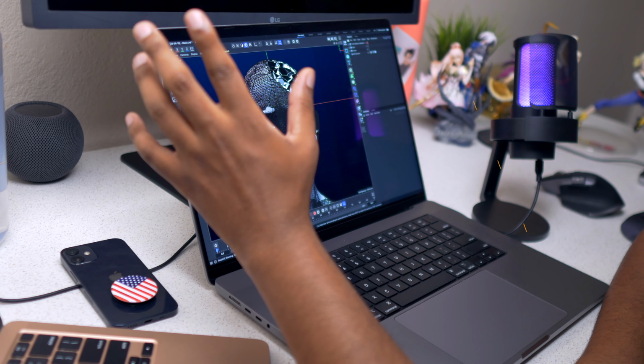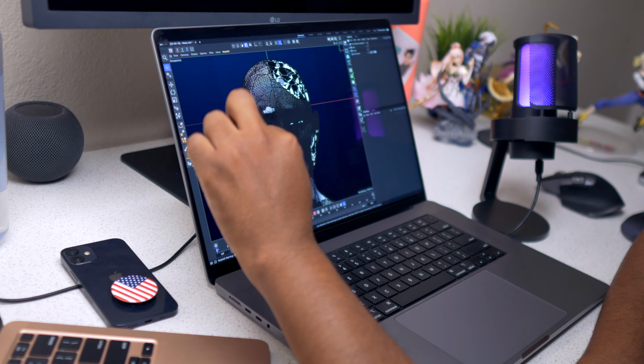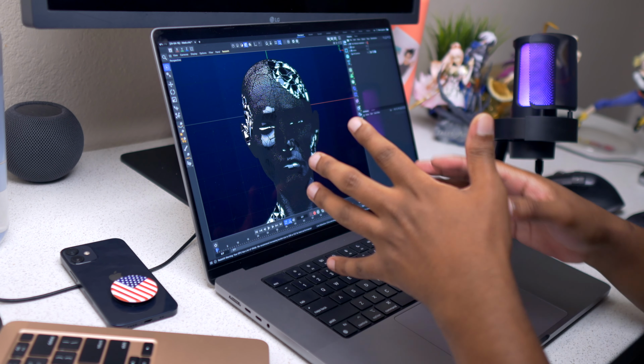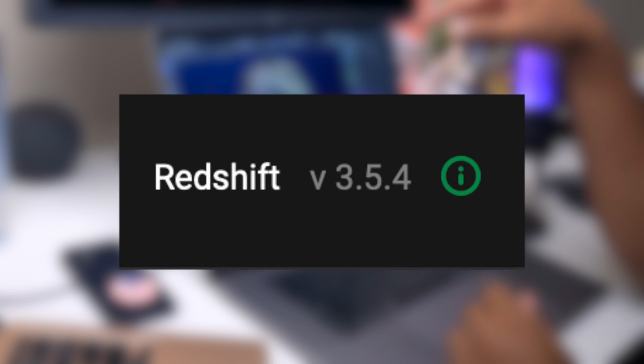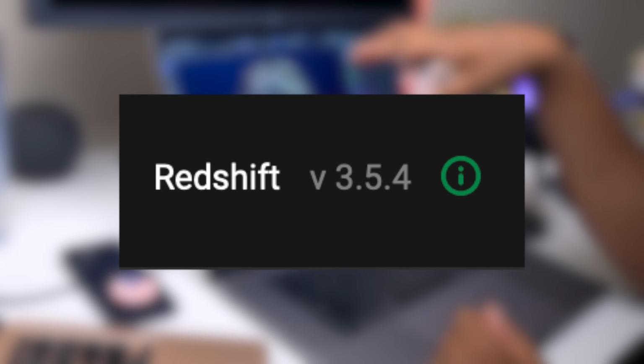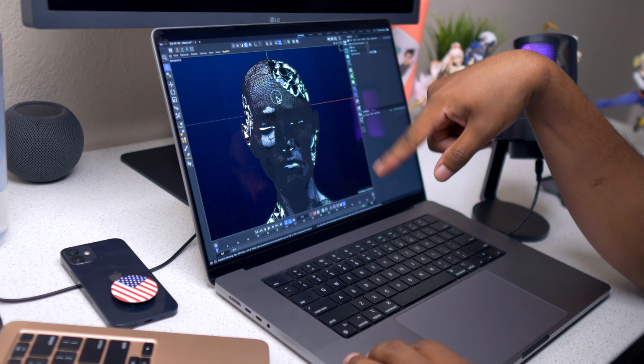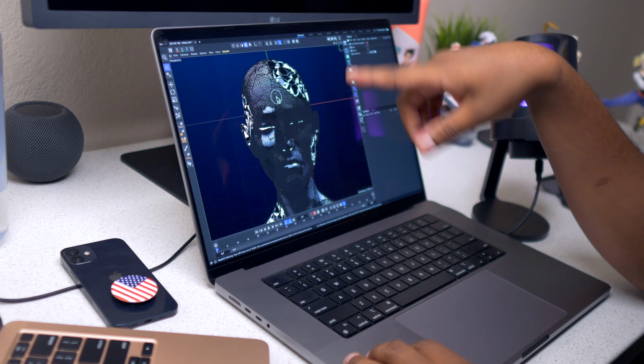As for the version for Cinema 4D, we will be testing 26.107. For Redshift, we will be testing version 3.5.4. As for the project, I will be testing this project that's called Mask, and the reason for that, because